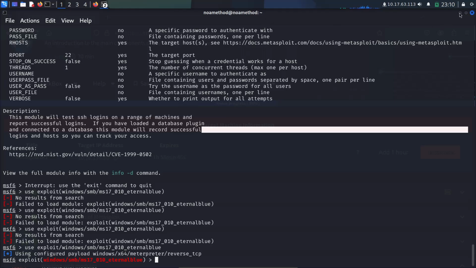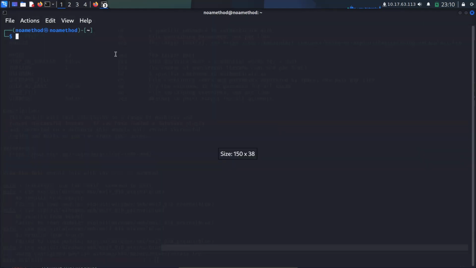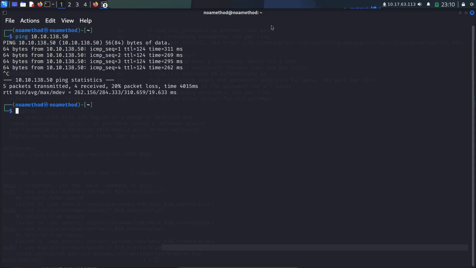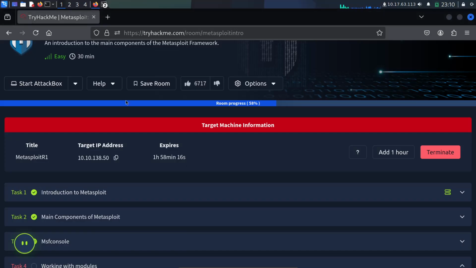Why is this going to be so smooth, and then you can close, come back and 10.10.138.50.